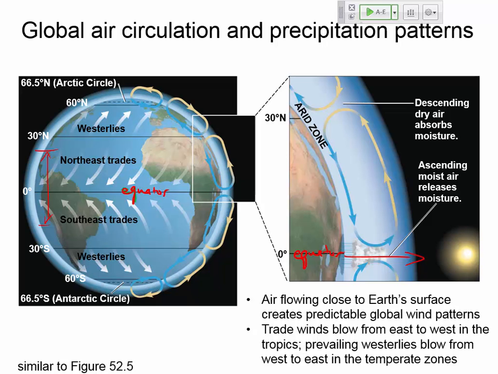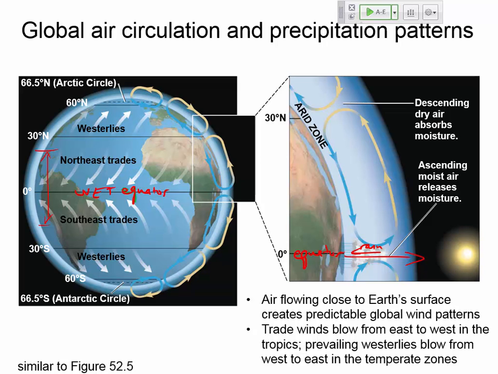So we've got rising air at the latitude of the equator, and as it rises, it cools. As it cools, some of the water vapor in the air will condense out, and this then will cause rain. So as the air is rising, we've got rain falling at the equator, and so that makes it very wet